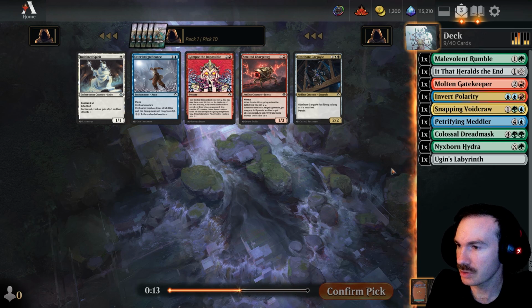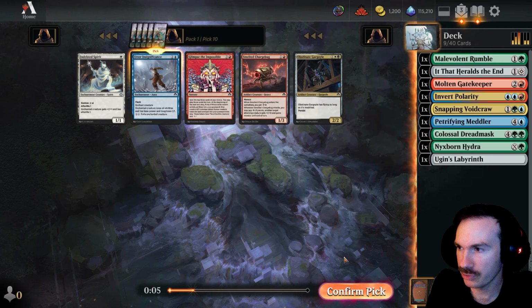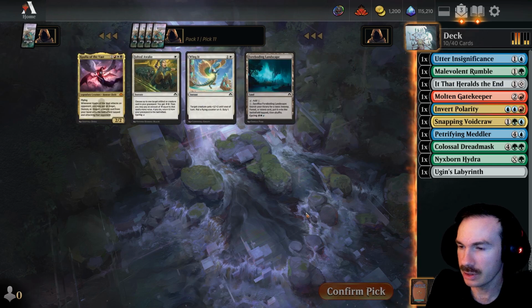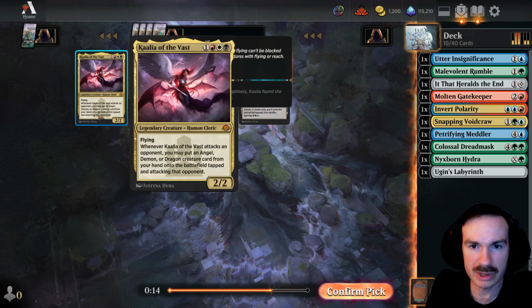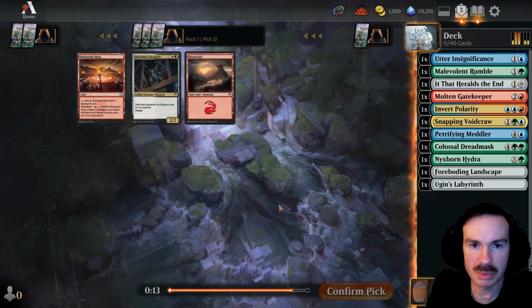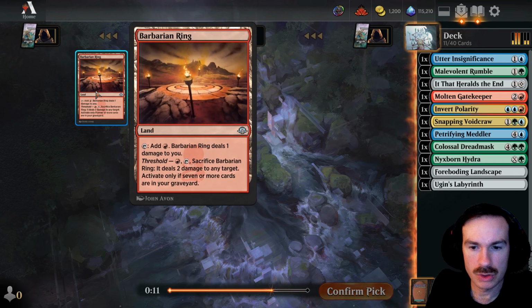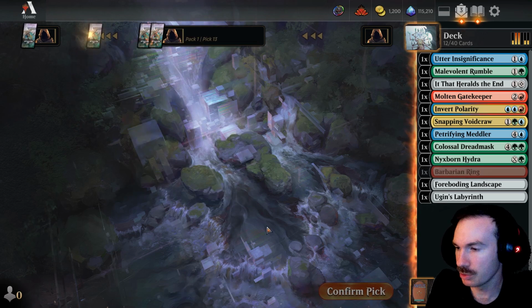Utter Insignificance gives us a removal spell. I might need that, but Glimpse gives us ramp. Currently, we don't need that much ramp, but I'll take the Utter Insignificance. Red feels like our splash color currently. So Landscape, this actually does fix for our color, so I'll take it. Nice pickup there. Barbarian Ring. Yeah. Totally fine. I mean, it does deal damage to you when you tap it, but